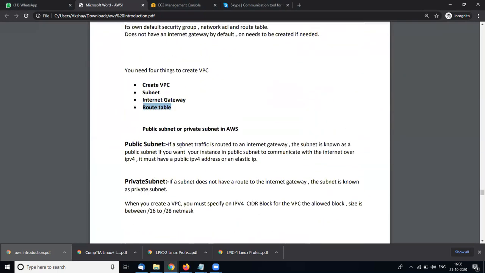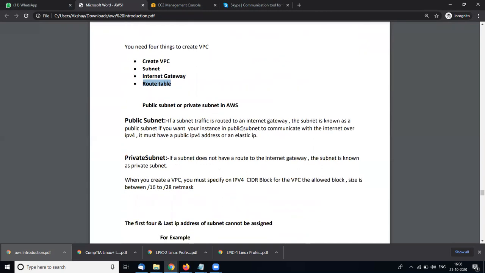There are two types of subnet: one is a private subnet and the second is a public subnet. That means a public subnet can be accessed by everyone from my network, and a private subnet doesn't have a route to the internet gateway. Such a subnet is known as a private subnet. So everyone can access my public subnet,